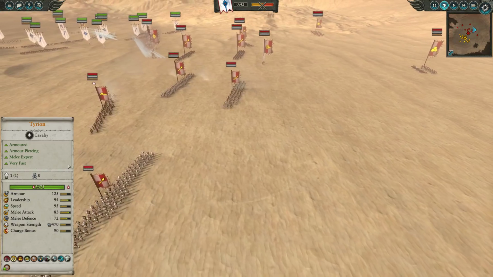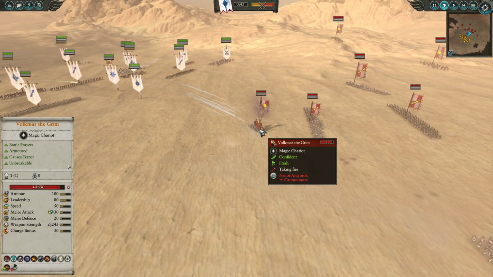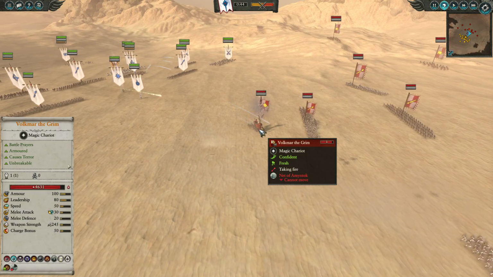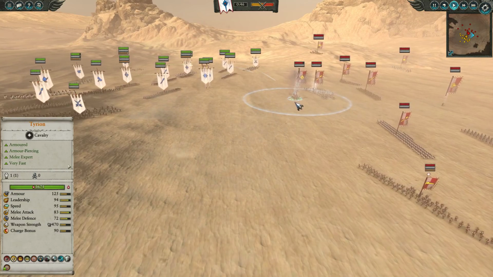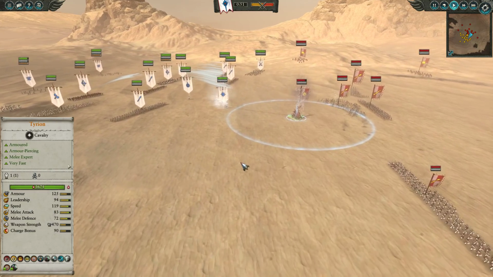My god, so many demigryphs on the battlefield today with 3 different units. And then we have Volkmar the Grim, who's currently being pinned in by a net of Amantok. He, of course, has a huge potential to heal up, so we'll have to wait and see if this does indeed pay off. We do get the lovely Grand Shield of Faith, giving that 20% damage resistance, but